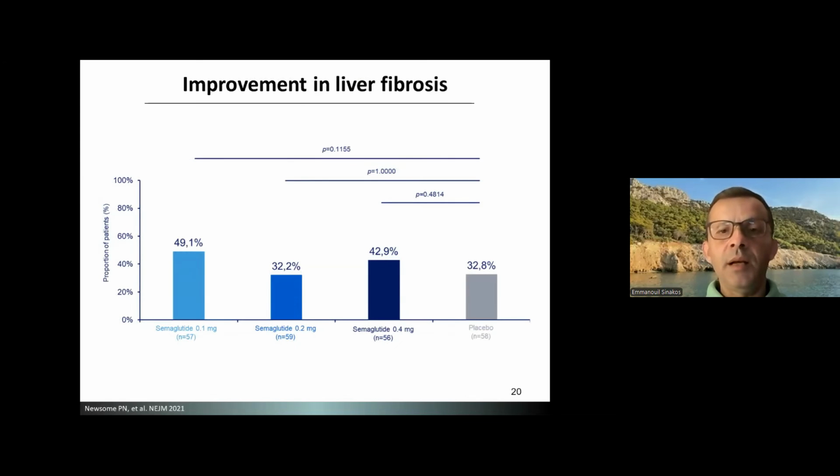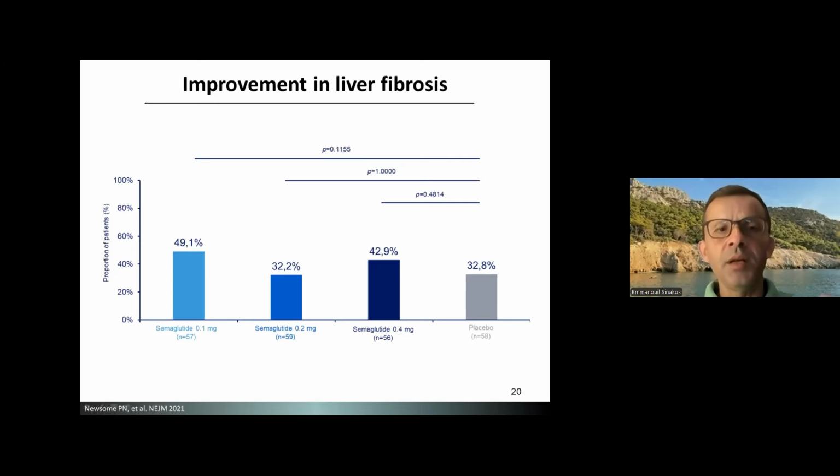And this is the benefit that we saw in the fibrosis, which is not statistically significant. And this is what we have to point out. All the studies that we will present to you with the use of semaglutide have a clear benefit in the inflammation, in what liver fat can cause in the liver, but not a clear benefit in regards to the fibrosis.